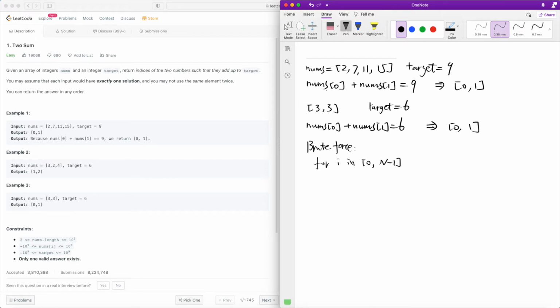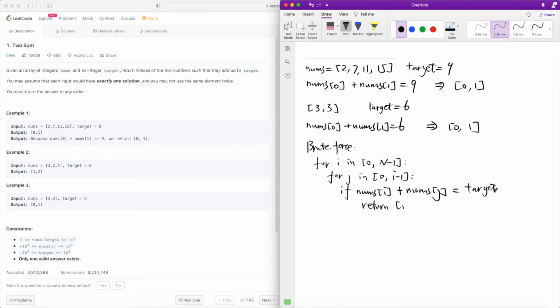That's for every possible number in the array. And for j in 0 to i minus 1, if nums[i] plus nums[j] equals target,